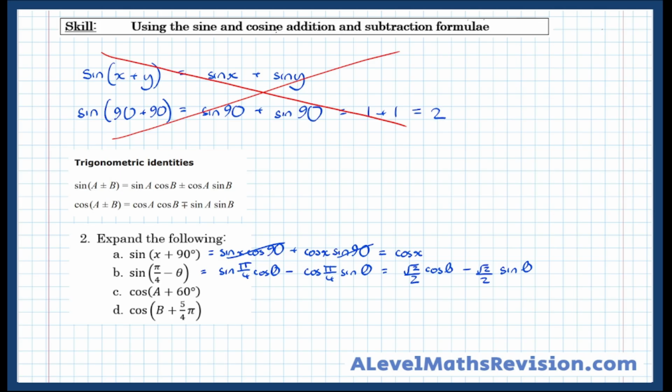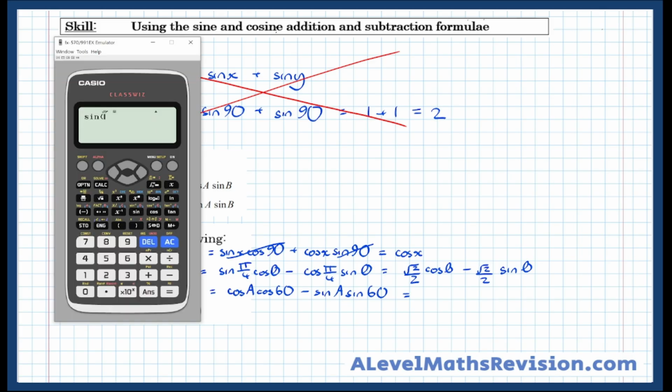Next one, cos of A plus 60, so equals, and this is the identity we're going to use now, and notice that the sign on the top here is a plus, but the sign on the top here is a minus. If we use the plus, that one's minus. If we decide to go with the sign on the bottom here, which is minus, we go with the sign on the bottom there, which is a plus. That's the significance of minus or plus rather than plus or minus. So we get cos A cos 60 minus sine A sine 60 equals, and put in the calculator, sine 60